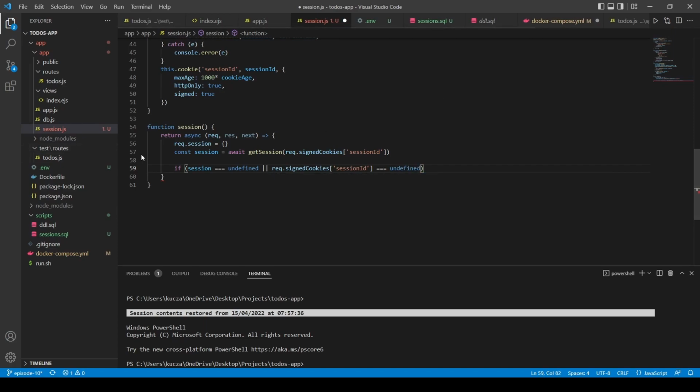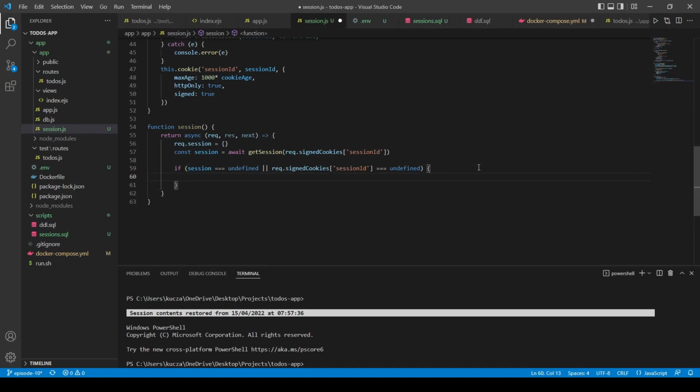So basically if this does not return anything, or if the session does not exist in our database, or if it's no longer valid anymore, or if it's the first request that user makes against our application, and this is covered by this part of the if statement,